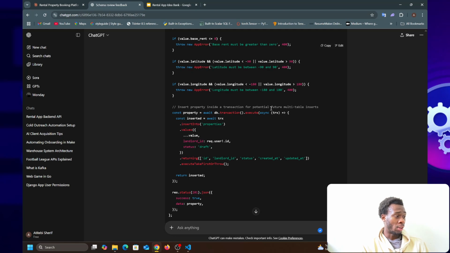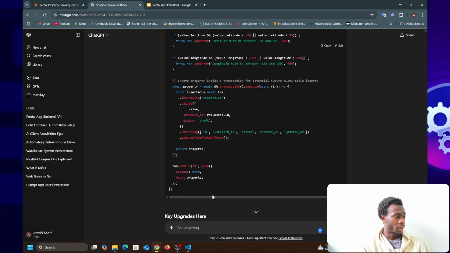Insert property inside your potential feature. Okay. Insert into properties await DB. Inserted. Okay.